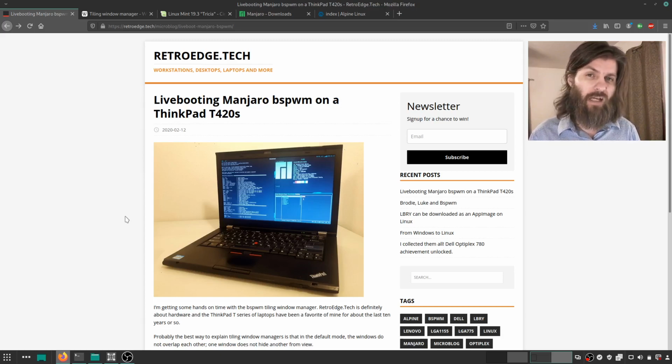So RetroEdge.Tech, I do a lot of Linux stuff. I like Linux a lot. That's definitely a focus of mine. But another focus is the hardware itself. If I'm running an old desktop Dell Optiplex with a Core 2 Duo processor, or a ThinkPad with the classic keys, those are things that I enjoy and I am very much going to continue to focus on, the hardware itself, in addition to the software. So both elements are important, and I plan on covering both in depth